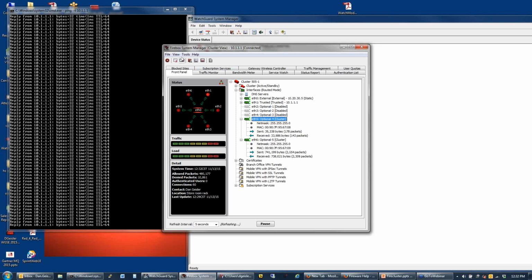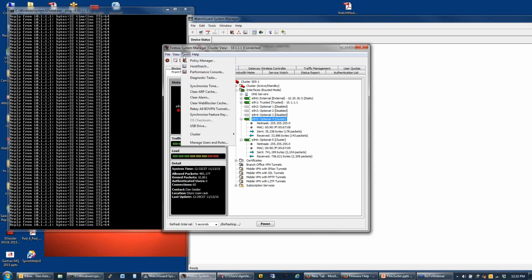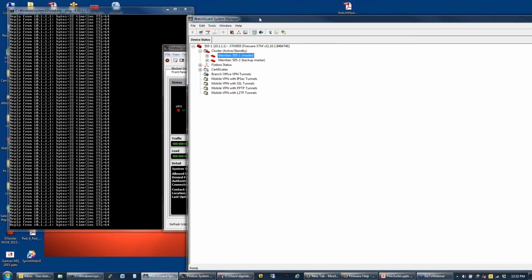that's showing us the status of these, and we can come into Tools, and under our cluster, we've got several tools that we can use. You can connect to an individual member as opposed to connecting to the cluster. You'll notice when I connected to the cluster here, I connected to the primary address. If I do that, when I've connected to the primary address, 10.10.1.1,